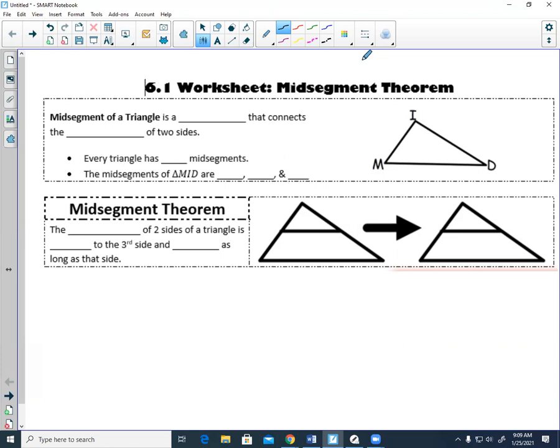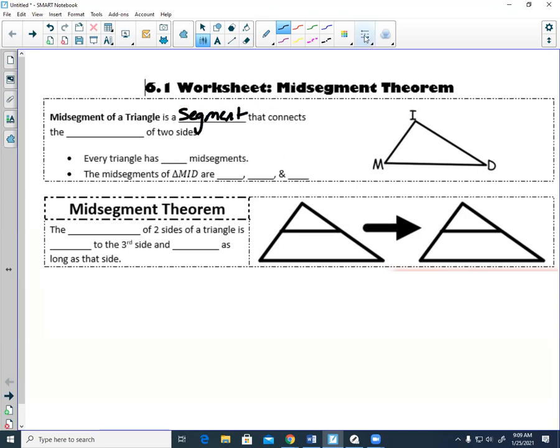All right? So there is this word mid-segment. You should be able to come up with what a mid-segment is just based on the word. Mid means middle, and segment means line. So if you hear the word mid-segment, which you think of as middle line, most of you could probably draw that picture on this triangle, because it's a line that goes through the middle of the triangle. So a mid-segment of a triangle is a segment